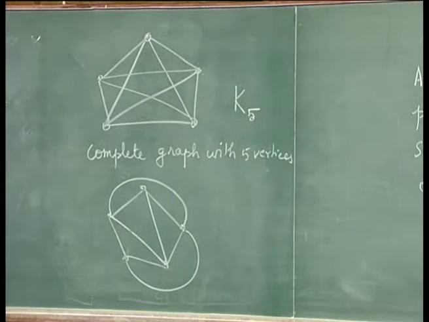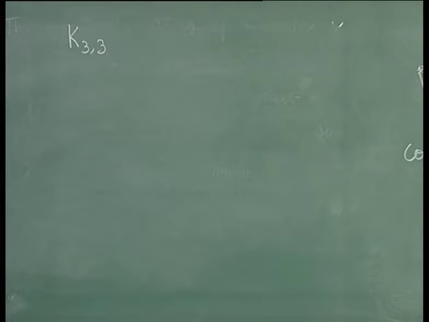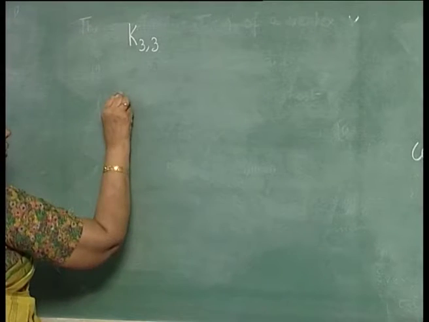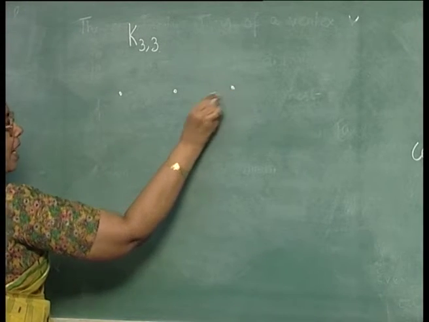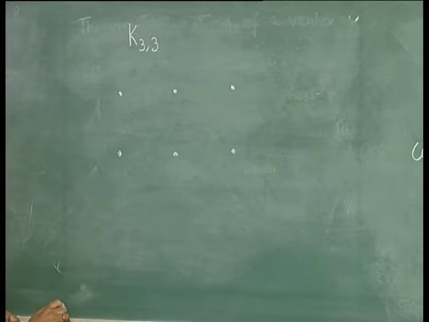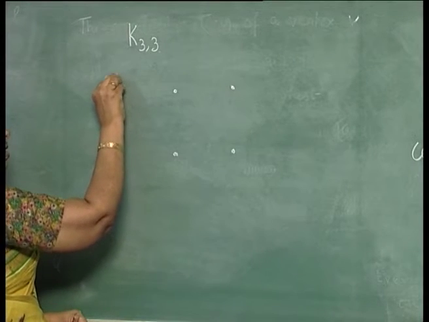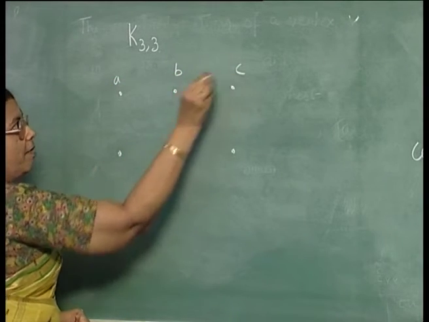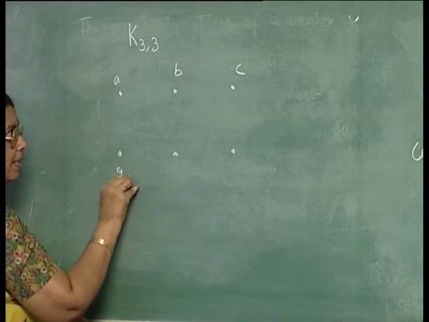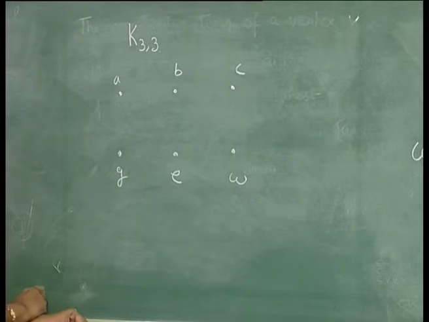Then the other graph which we considered is Kuratowski's second graph, which is known as K33, that is the utilities problem. We had 3 houses and 3 utilities, gas, electricity and water, and they have to be connected and so on. So, there are 3 houses like this A, B, C, and they have to be connected to gas, electricity and water. And how do you do the connection without the lines crossing over?